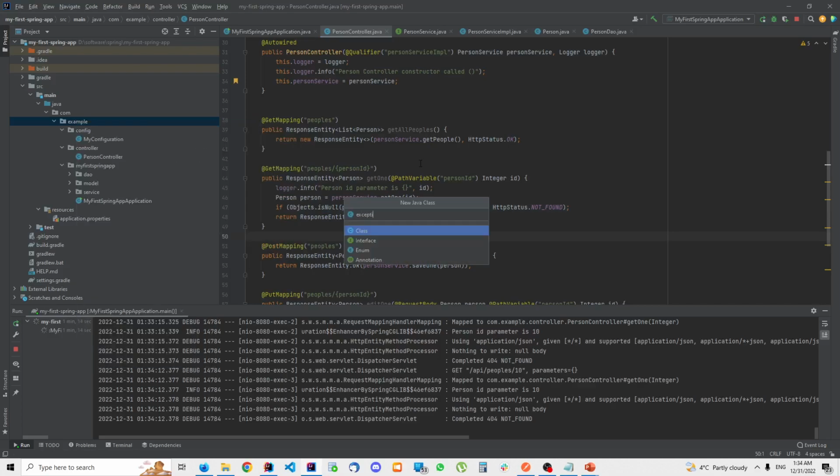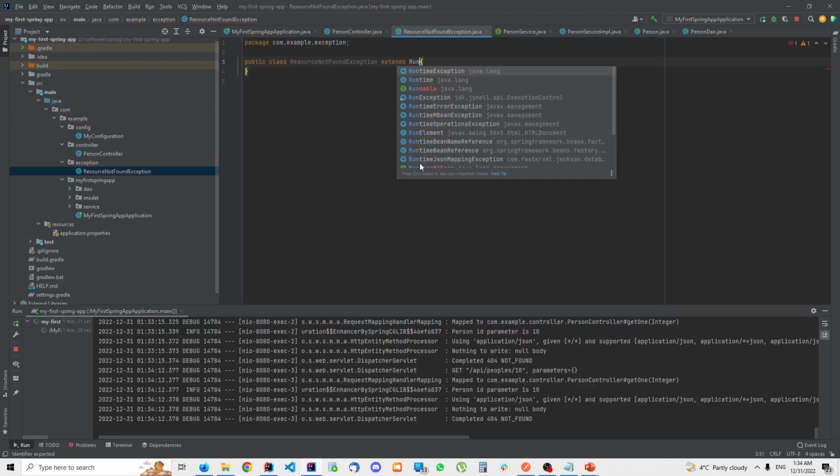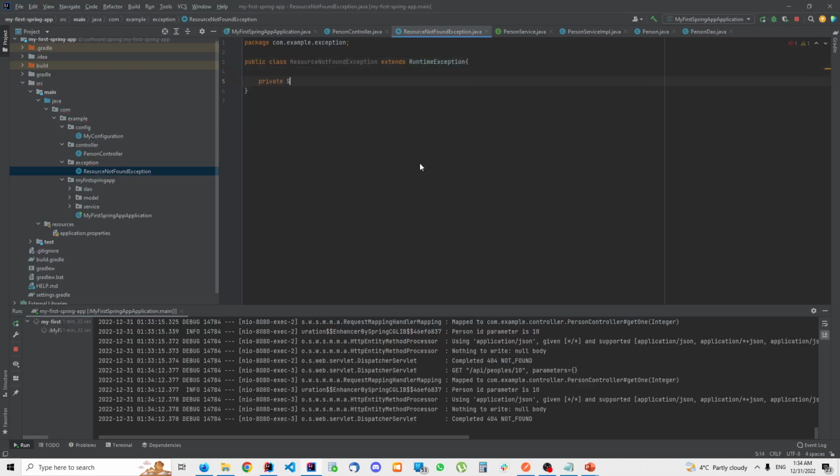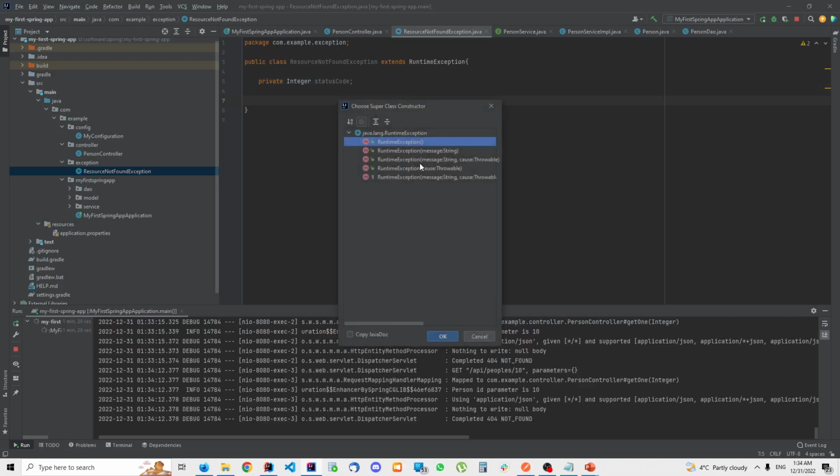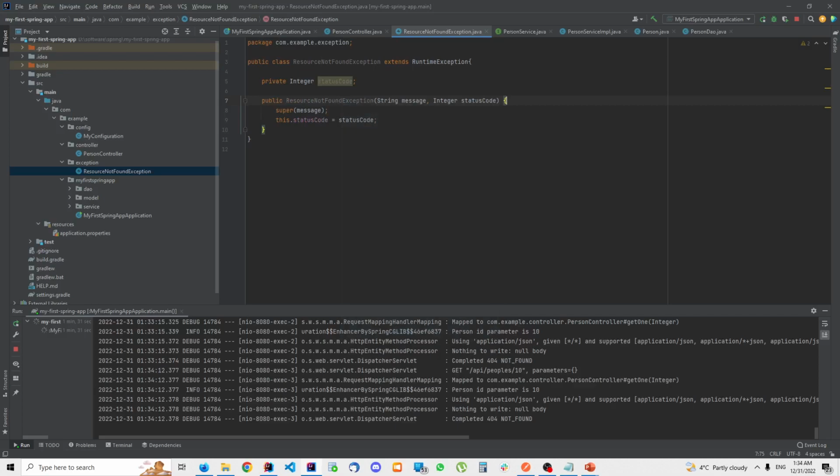I'm going to create an exception package. I'm going to create a ResourceNotFoundException. This is going to extend the RuntimeException. I'm going to add a status code, and here I'm going to add a constructor with the message from the RuntimeException and my status code. I'm going to add some getters,